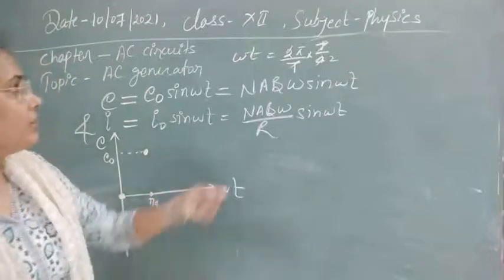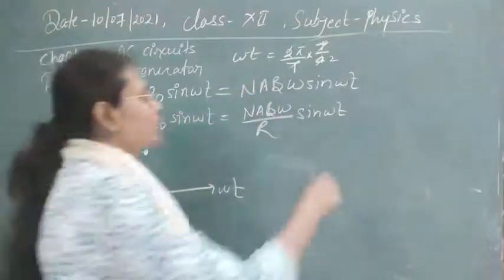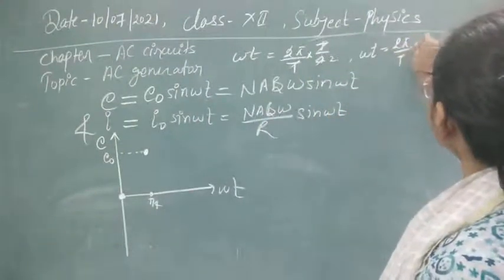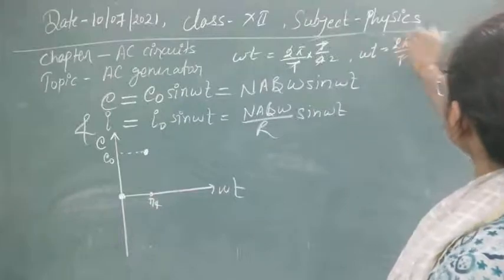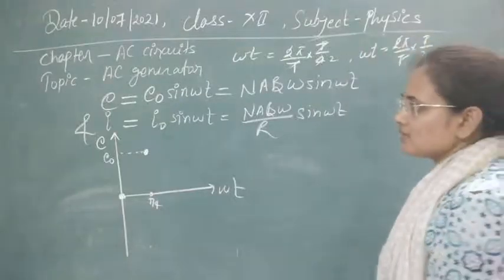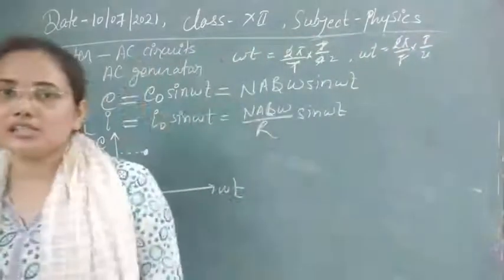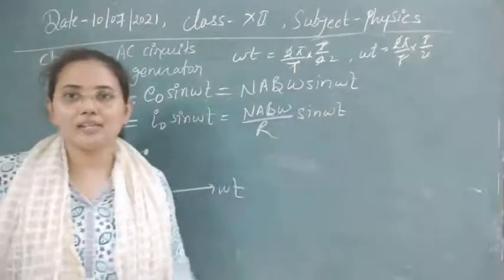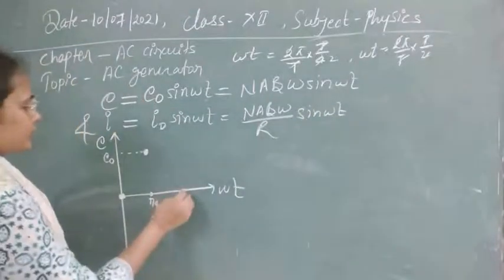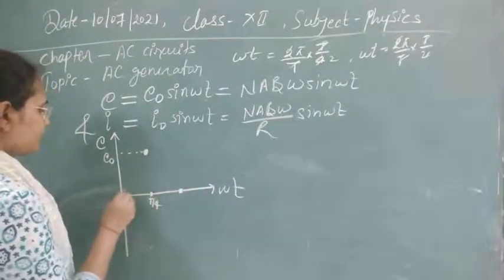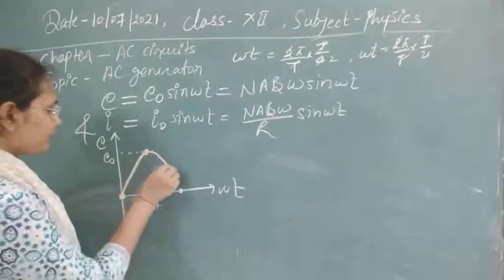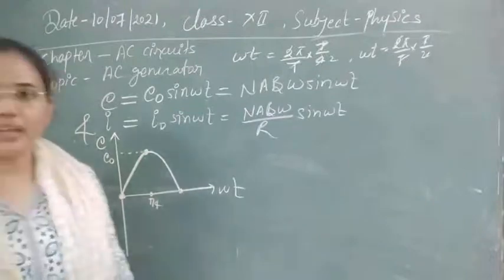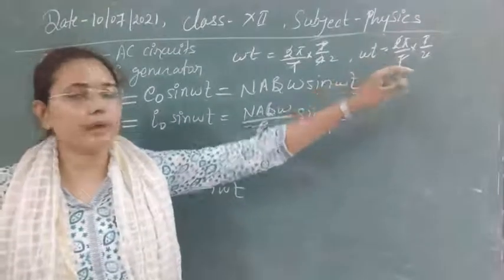Now again we can put T by 2 time. For T by 2, let's see what omega t is. Again you can use the same formula for T by 2, so this one is cancelled and we get pi. So sine pi, you know, has the value 0. So we are again getting 0. Let's meet these points. Such a kind of graph we are getting for the 180 degree rotation. Up to now we have seen 0 to pi rotation.